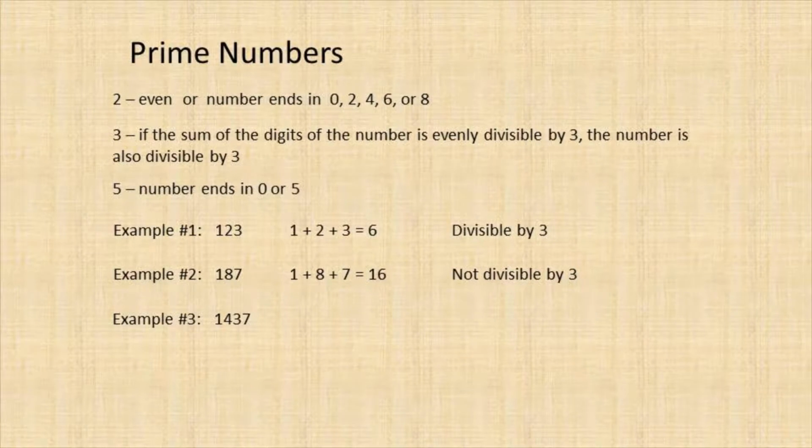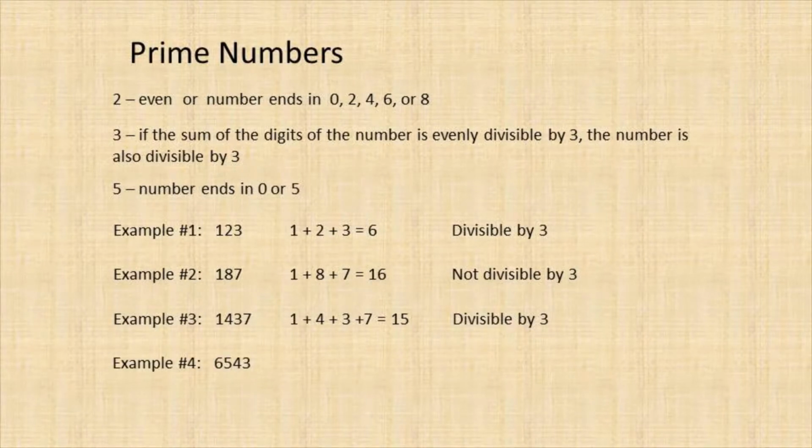1,437? Well, 1 plus 4 is 5. 5 plus 3 is 8. 8 plus 7 is 15. 3 goes into 1,437. Okay. Last one, 6,543. Well, 6 plus 5 is 11, plus 4 is 15, plus 3 is 18, and so 3 goes into that